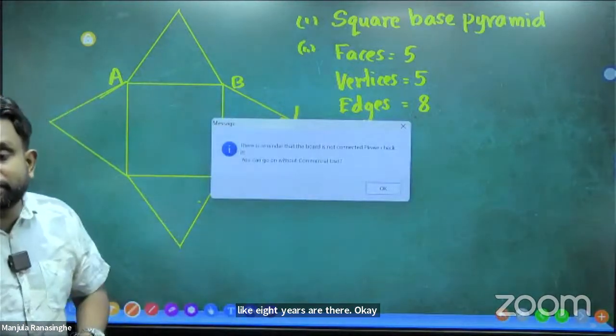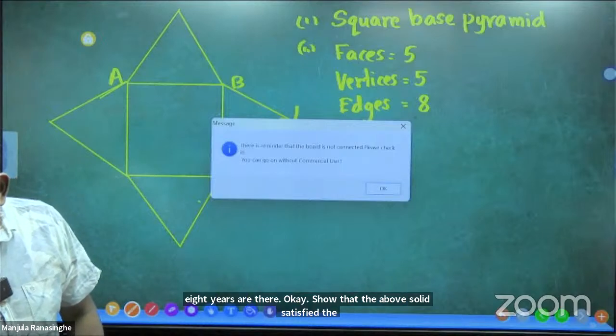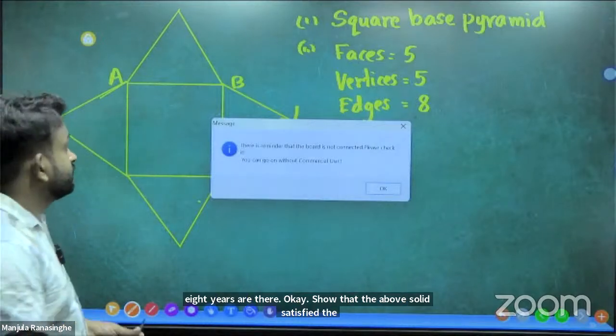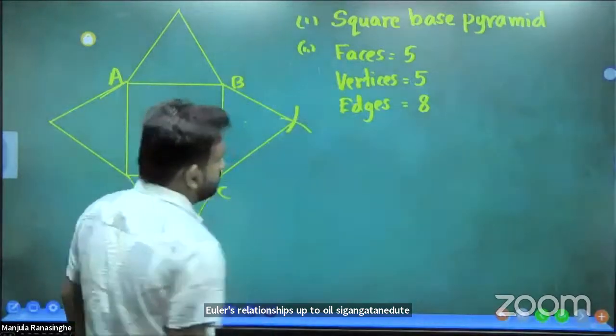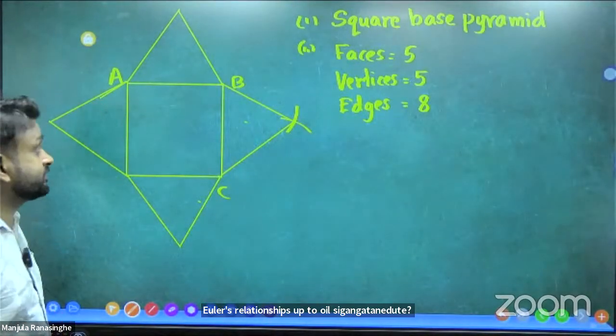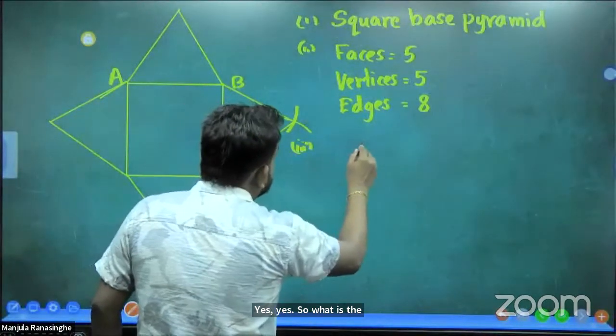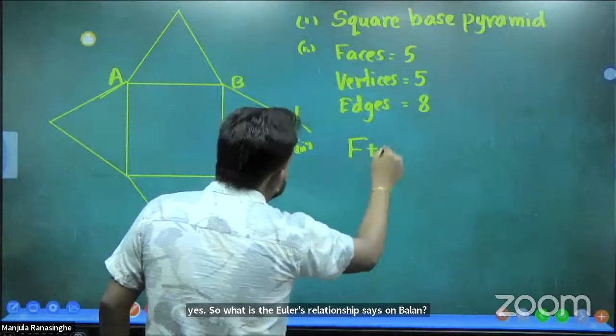Show that the above solid satisfies Euler's relationship. We learned Euler's relationship, right? Yes, sir. So what does Euler's relationship say? It says that the number of